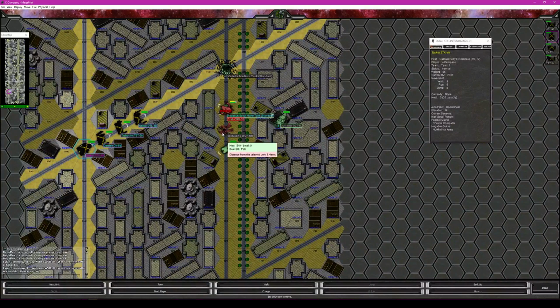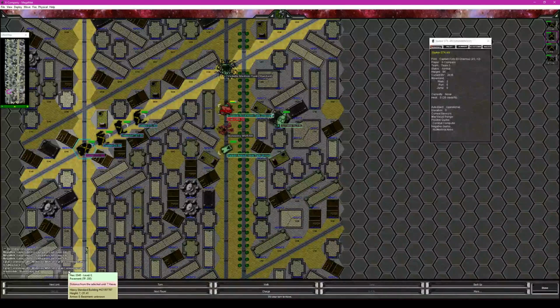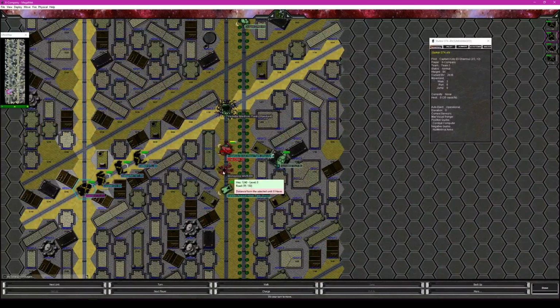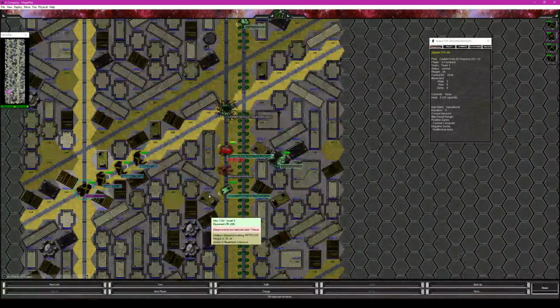Okay, I guess he abandoned the unit. I didn't think it was that badly damaged. Maybe he abandoned it because he knew that he couldn't get through the storm. Yeah, I think that this guy is just giving up. In fact,